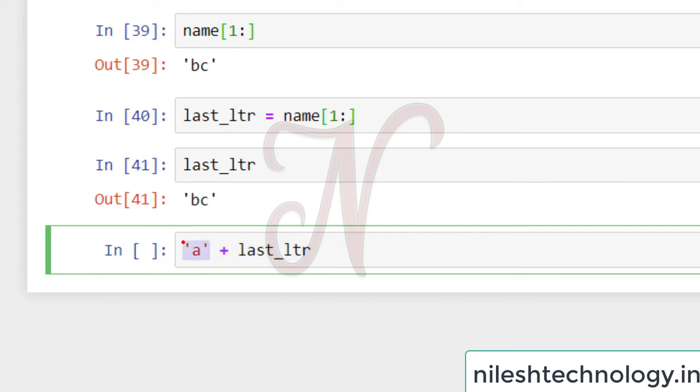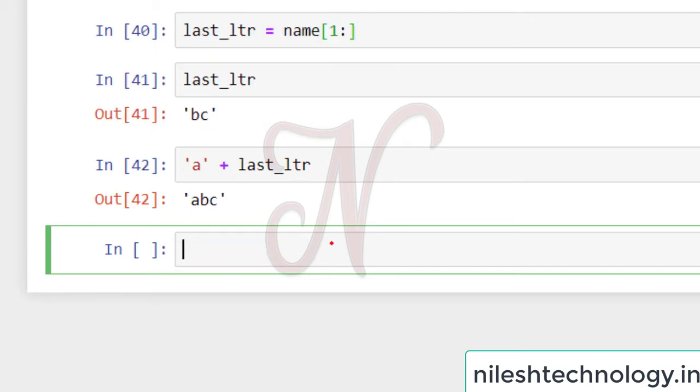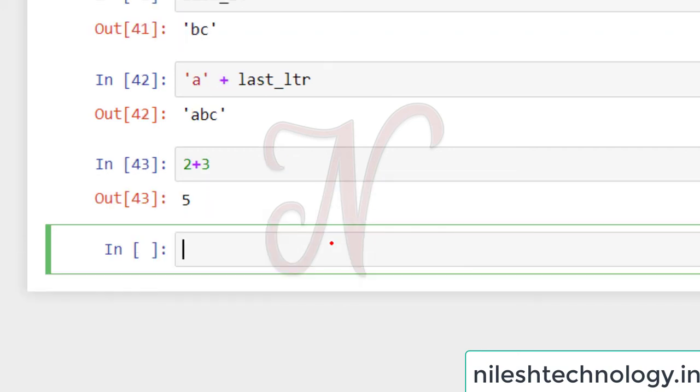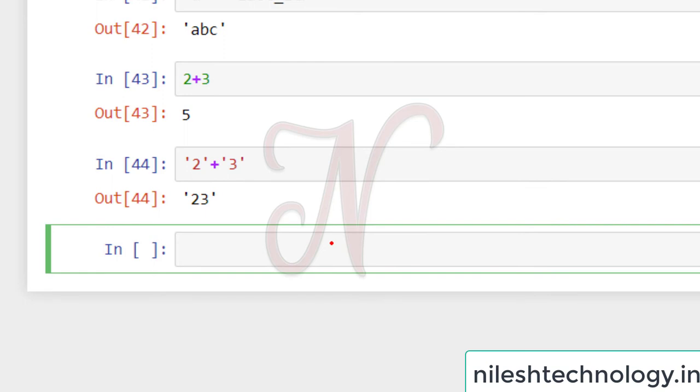My new string is A concatenated to BC, so my answer is ABC. See here, 2 plus 3, my answer is 5. If both values are integers, then plus performs the addition operation. But if both operands are strings, it performs concatenation, giving 23.